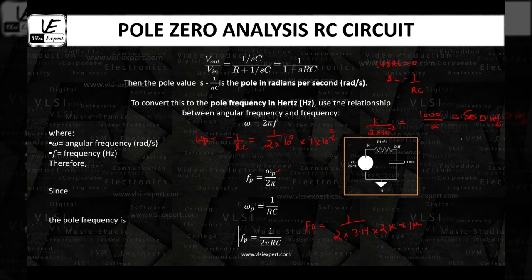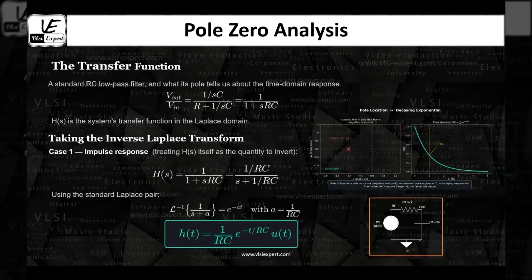Now we are going to convert this radian per second into hertz. Simply I will do 1 by 2 into 3.14, so I divide this 500 radian per second by 2 pi. We will arrive somewhere around 79.6 hertz. This is the rough estimate I'm giving, so you can use the calculator and solve it. This will be in hertz. So now let's move further.